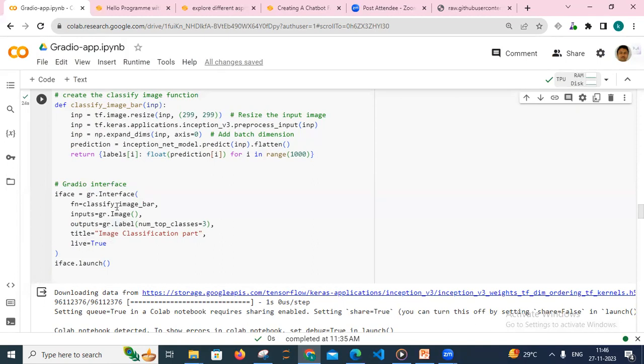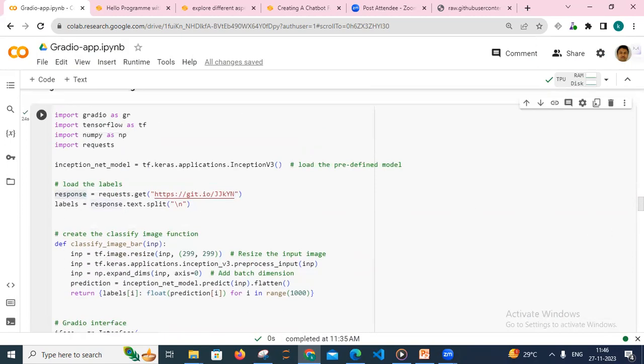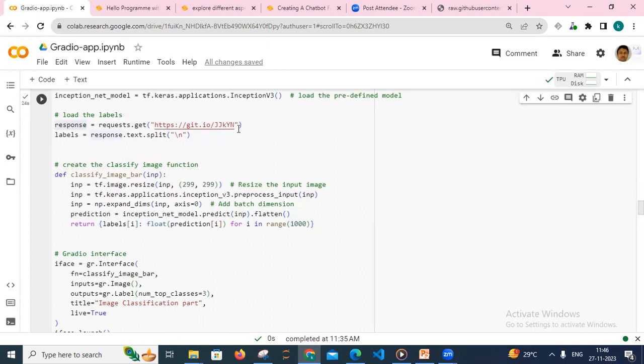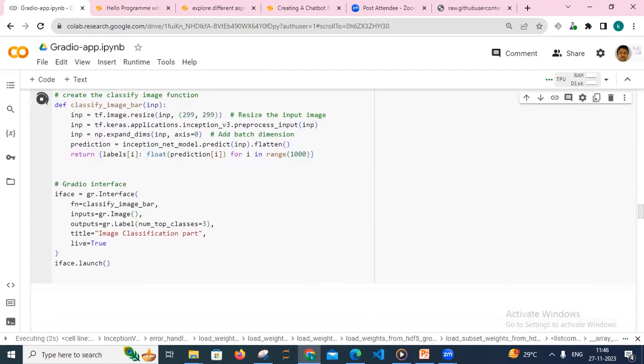And I have to add the title. This is a simple app for your image application. These very short lines of code I am going to create with the pre-trained model that I used over there, that is Inception V3, right? You just run this application,